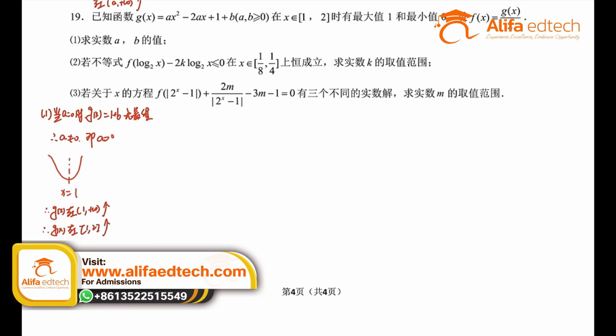And that means the minimum value of g of x in this case is obtained at g of 1. Let's plug in our 1. a times 1 squared is a, minus 2a plus 1 plus b, and that equals 0. Then the maximum value of g of x at this point will definitely be my g of 2. So if we plug in g of 2, that's a times 2 squared